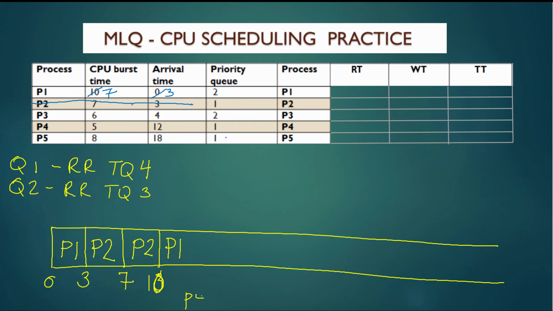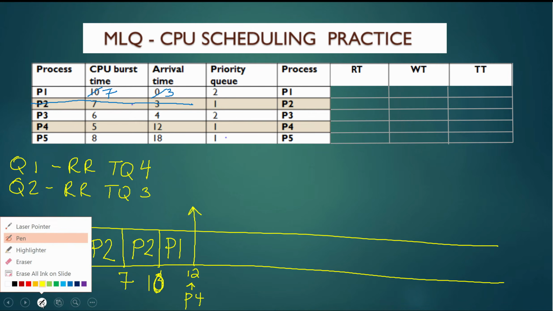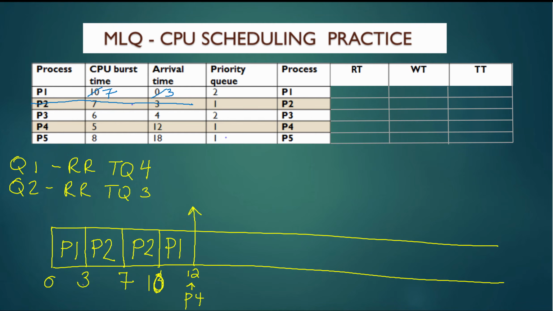So P4 is going to arrive at time 12, and at time 12 P1 is going to be preempted, not for time quantum, but because a higher priority task has arrived. So what we need to do now is mark here that P1 has a new arrival time at time 12 and has completed 2 more of its CPU bursts, so it has 5 time units of CPU burst left. So now the current time is 12, and since P4 is a level 1